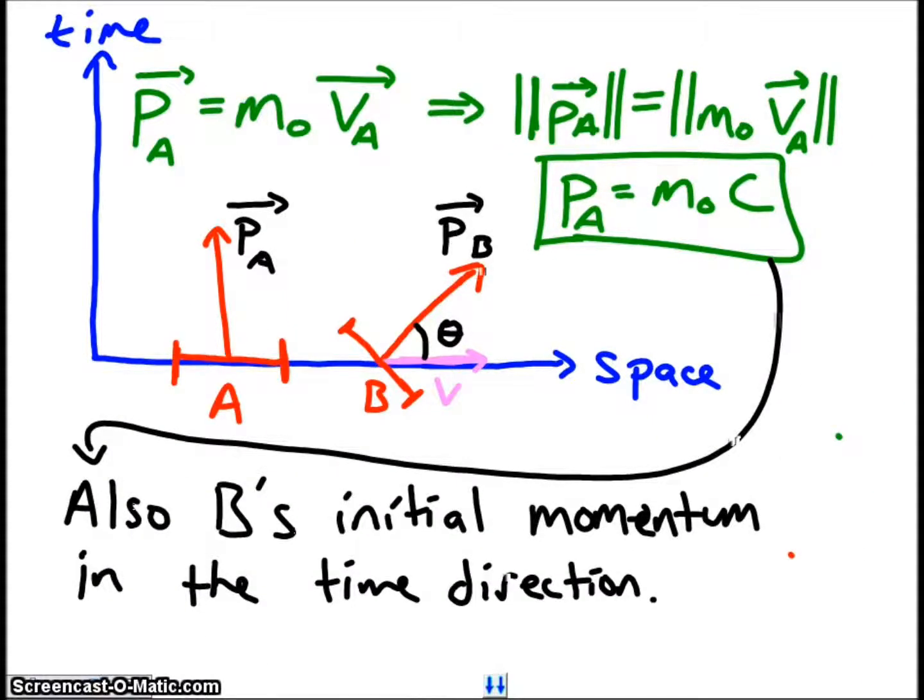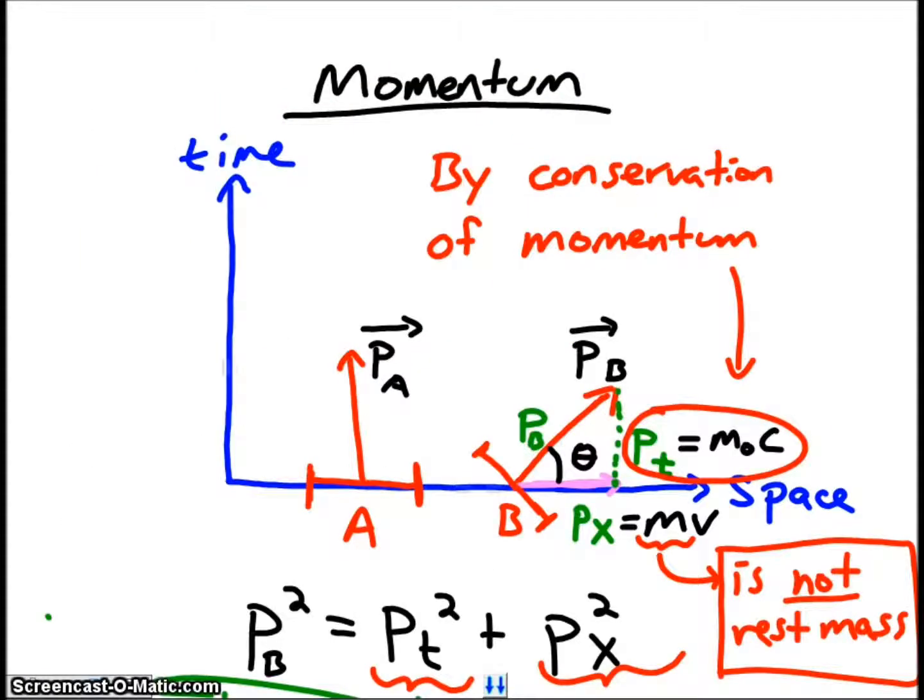Also, I want you to note that this was also rocket ship B's initial momentum before it moved to the right. So rocket ship B had the same initial momentum going forward in time. The momentum for rocket ship B is going to be a little more complicated, because rocket ship B moved to the right at a velocity of V,